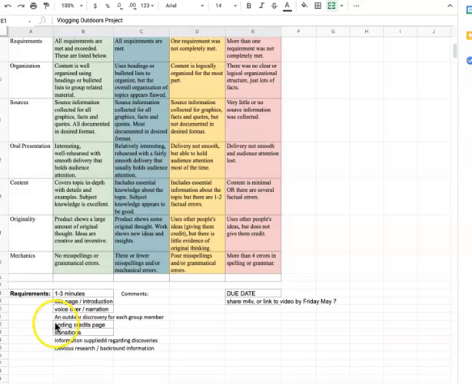There will be an editing or an ending credits page as well. So this might include things like where somebody is the editor, where somebody was the research person, where somebody was the video editing person. So there's an ending credits page that has to happen on here as well. You're going to need some form of transitions between your different snippets of video that you record. And then